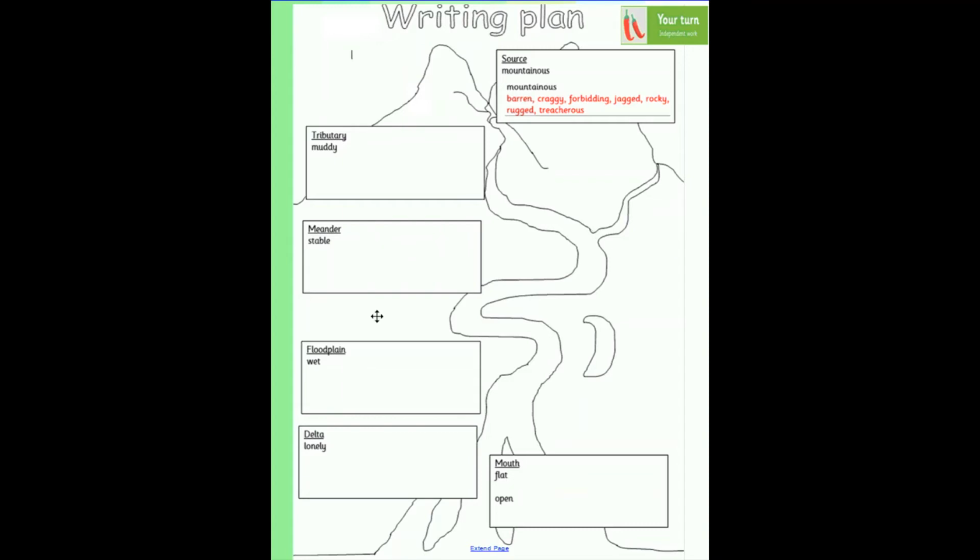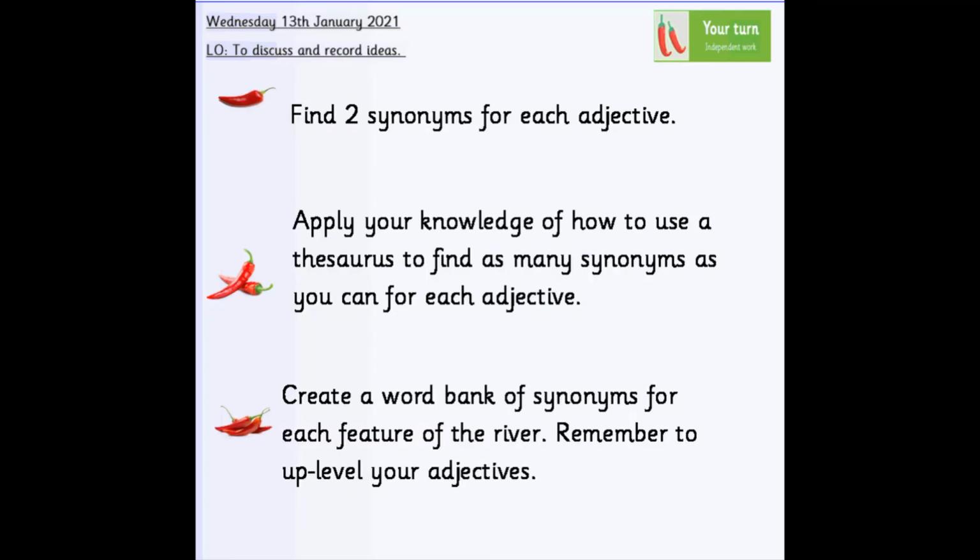But I want you to start by using the thesaurus, the online one and the one I'm about to show you, to find synonyms for these words here. So our chilli challenge today: Chilli 1, I want you to find 2 synonyms for each adjective that I've just shown you for each feature of the river. Chilli 2, apply your knowledge of how to use a thesaurus, either the online one or the one that I'm going to show you now,